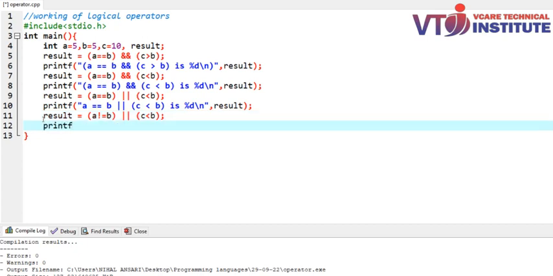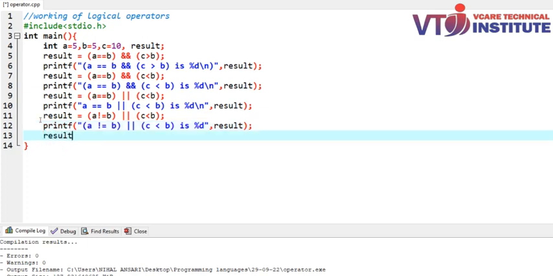just printing this statement. printf A not is equals to B, or C less than is equals to B is percentage d, then result, and then writing semicolon. And again a statement result